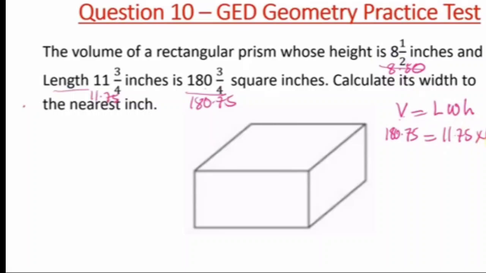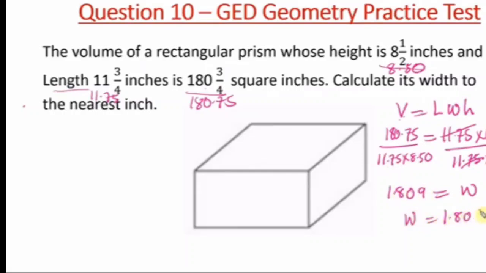8.50. So to get our width, to make it stand alone, we divide both sides by 11.75 times 8.50. So this would cancel out. We're left with just W. When you punch in your calculator, 180.75 divided by 11.75 times 8.50, it would give us 1.809. So W, our width, is 1.809